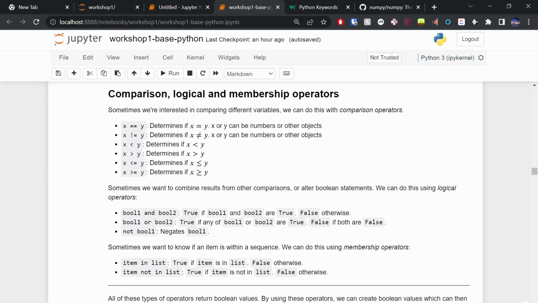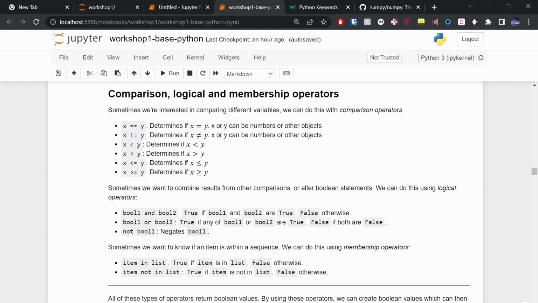So there's a list of different ways we can compare variables. There's also different ways we can combine variables. So sometimes we're interested in whether x is equal to 1 and y equals 1, right? In that case, x equals 1, that's a comparison operator. But the logical operators is how we can combine two Boolean values, right? So and, and then you can read through that.